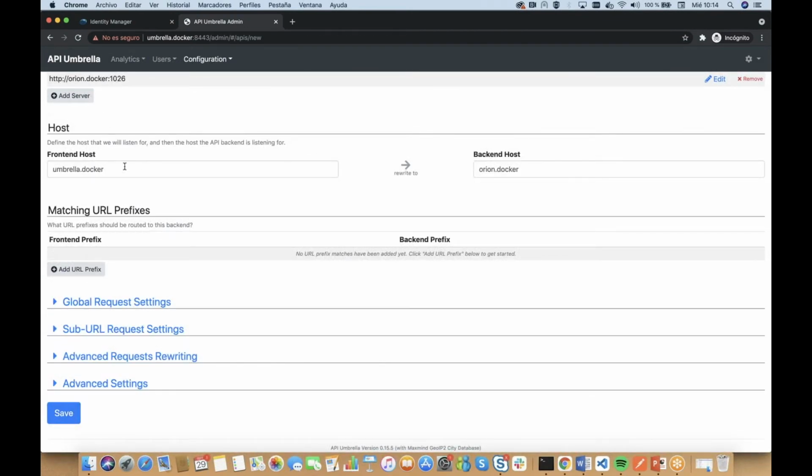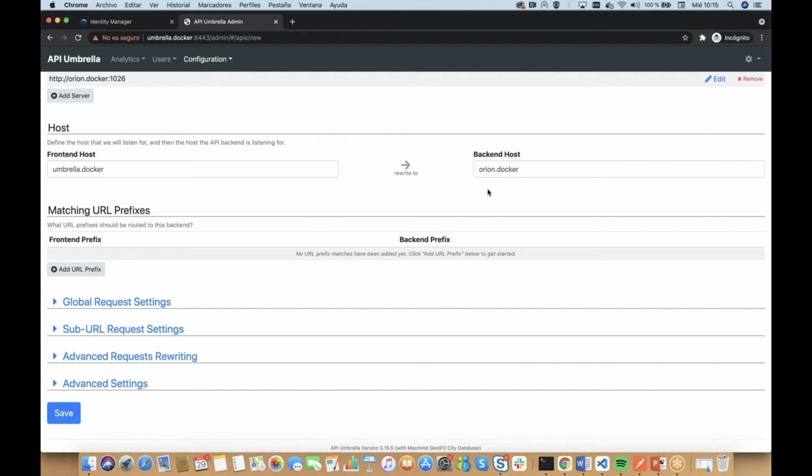In this host section, you define how the host header in your request must be translated when accessing the backend host. In this case, and I am in my local machine, I'm going to use as a frontend host the host name from API Umbrella, as a backend host the host name from the Orion context broker. But in a typical production environment, what you are going to place here as frontend host is the real host name that you are going to use in order to access the services. I don't know, for example, if you have a context broker, it could be context dot whatever dot this kind of things. And as a backend host, you can also place the same name as here,